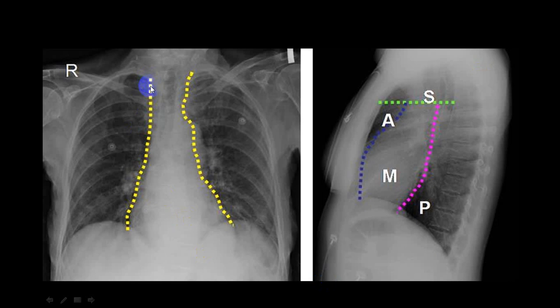Now this is the right border, this is the left border of the mediastinum, and this consists of the cardiac silhouette. This is the trachea, so this is the paratracheal strip on the right side, this is the paratracheal area on the left side. And if you take a lateral view, this border is the anterior border, this is the posterior border. In front of the anterior border, this is the anterior mediastinum. Between these two borders, this is the middle mediastinum. Behind this, posterior, and above this imaginary line at the sternal angle, this is what we call the superior mediastinum. So you have to identify these different structures.